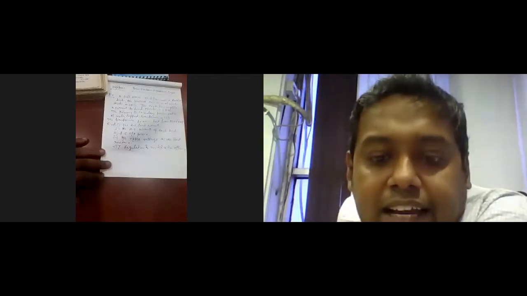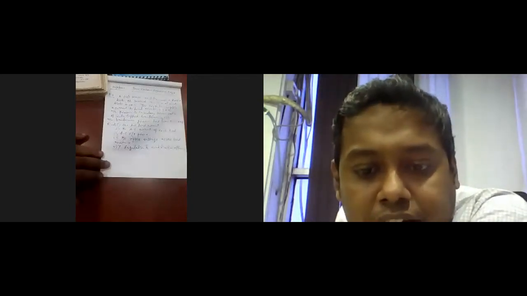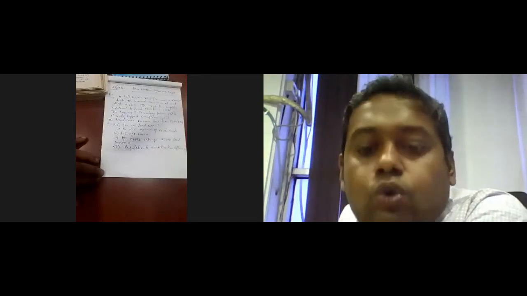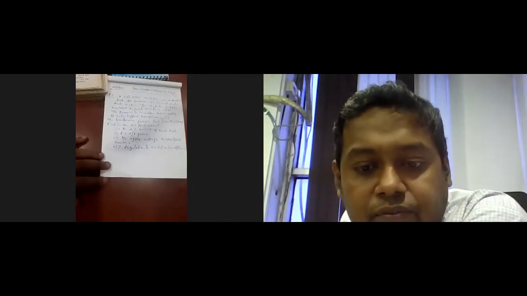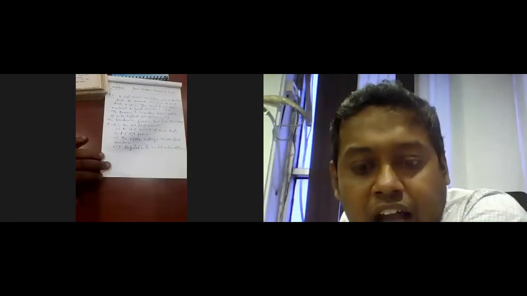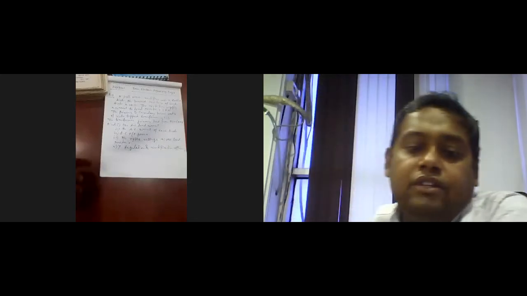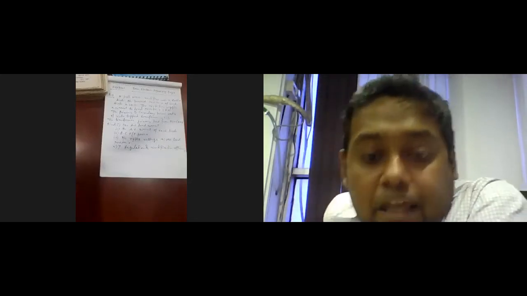I have drawn the full wave rectifier circuit over here for the students, especially computer science and electrical. For the computer science and electrical students who are present over here, I already shared all my class notes to your WhatsApp group for the last couple of classes. So please observe those class notes, and after that you can solve this type of numerical problem, which is very familiar in your examination also.